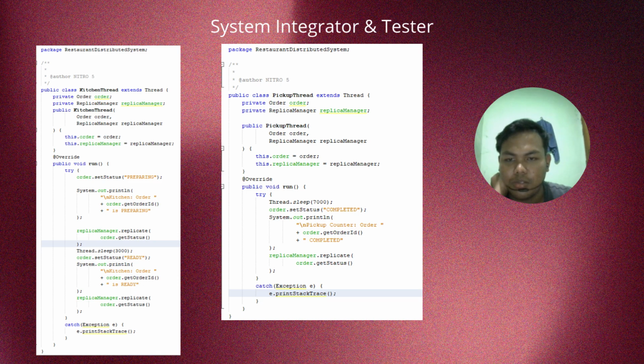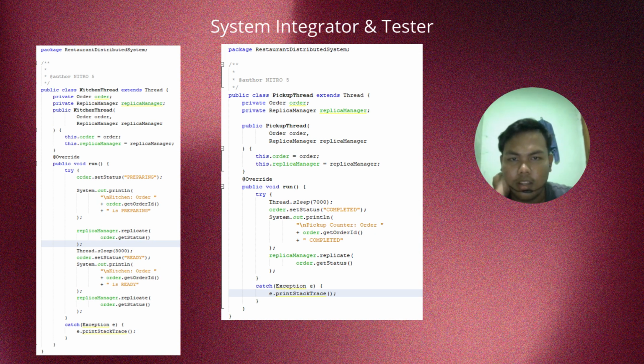Another status shows ready, and then it will display ready. This means that the kitchen thread class, or the node B, the kitchen thread,